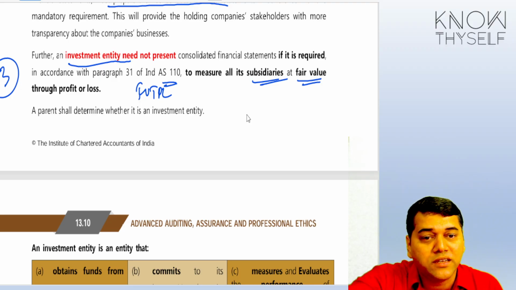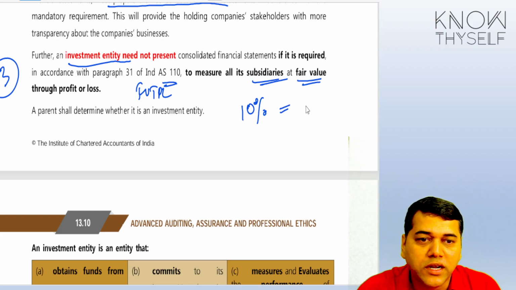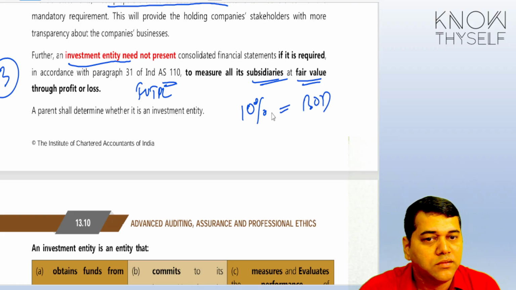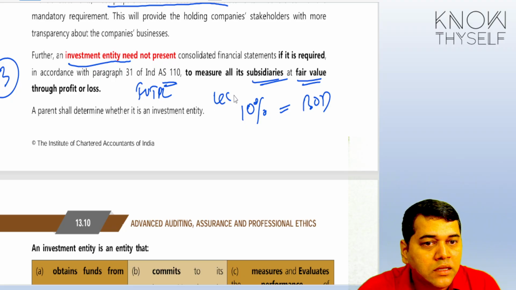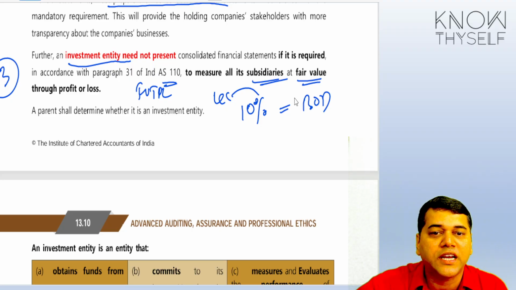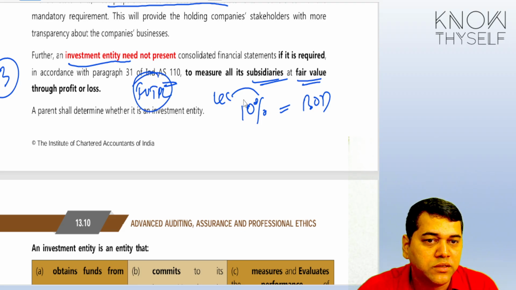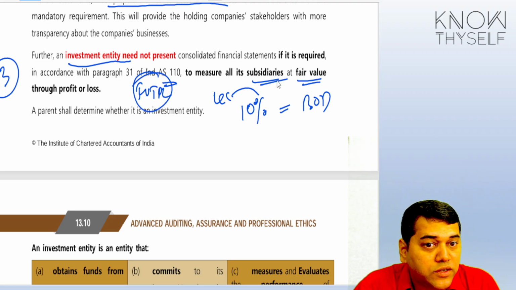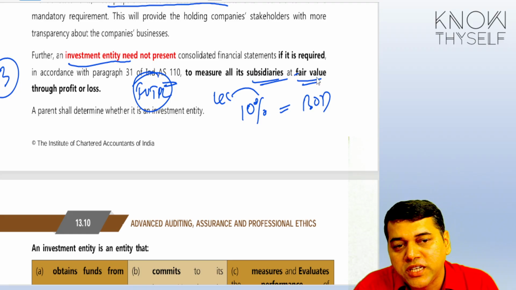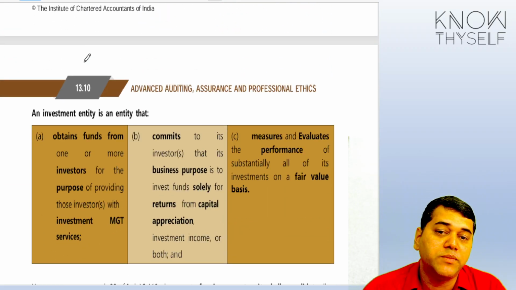more than, or you may get, even by putting in 10% investment, control of the board of directors. But your investment you have done not with an objective to govern it and make the profit out of it, but to look for benefits for your investment. That's why even though it is technically your subsidiary and you measure it at fair value, you need not consolidate. Now one question comes: who is an investment entity?